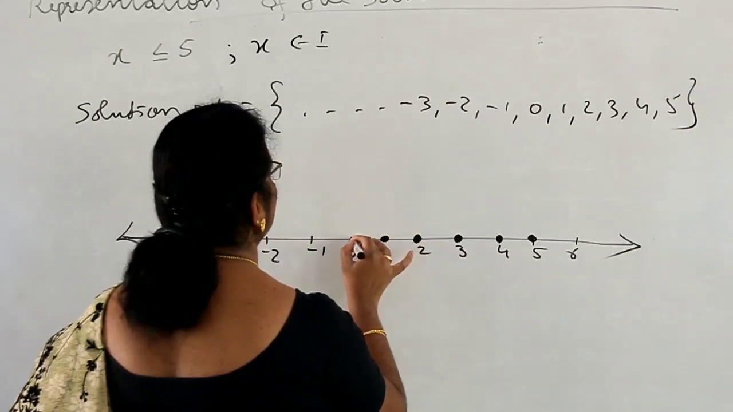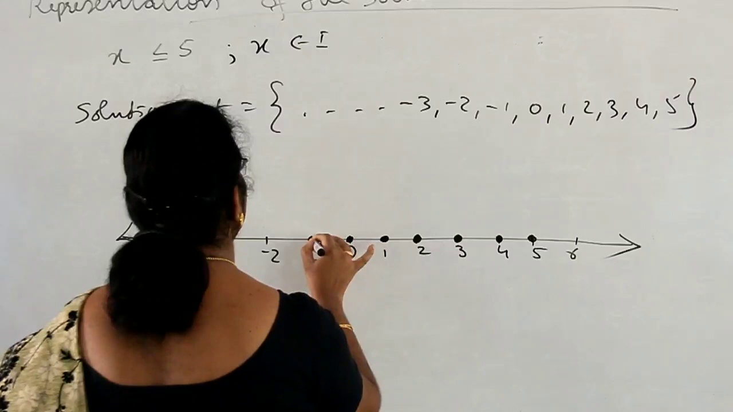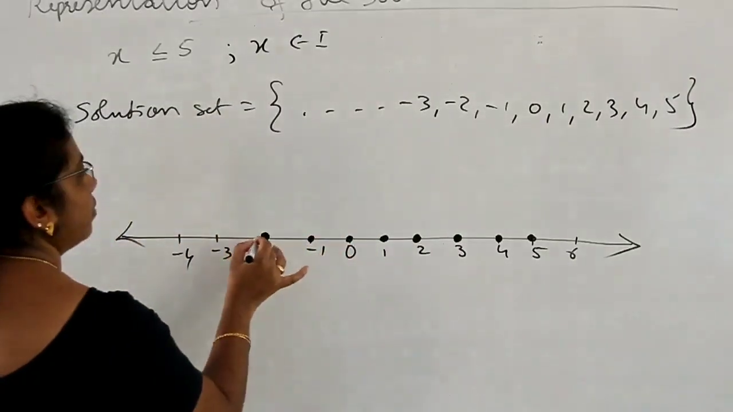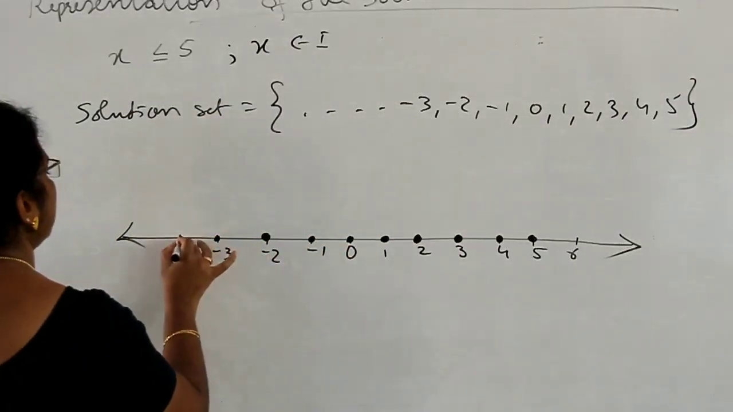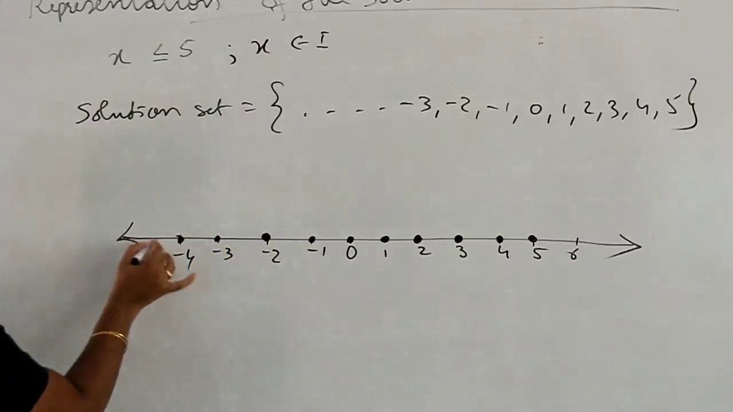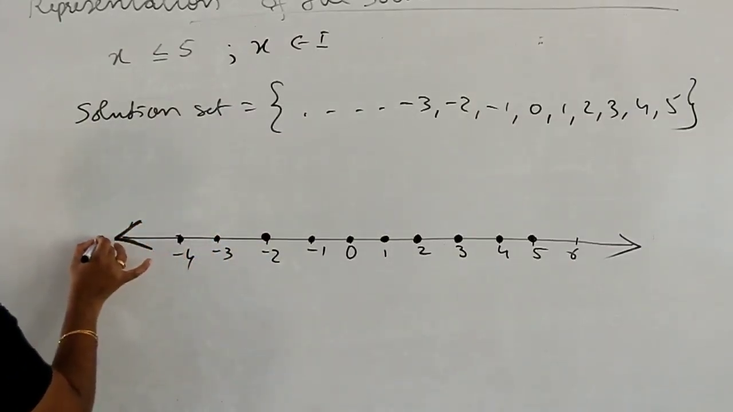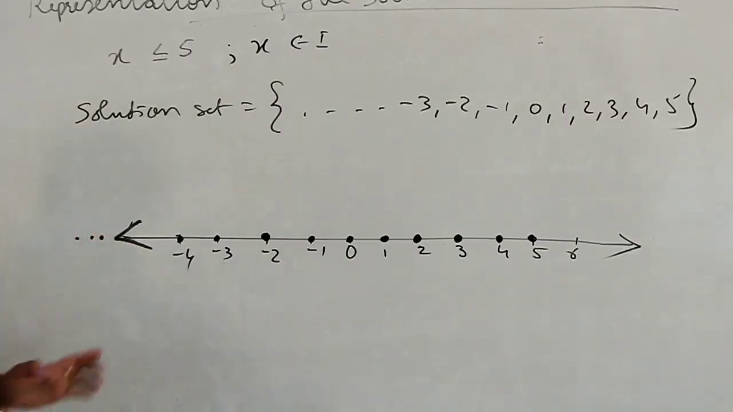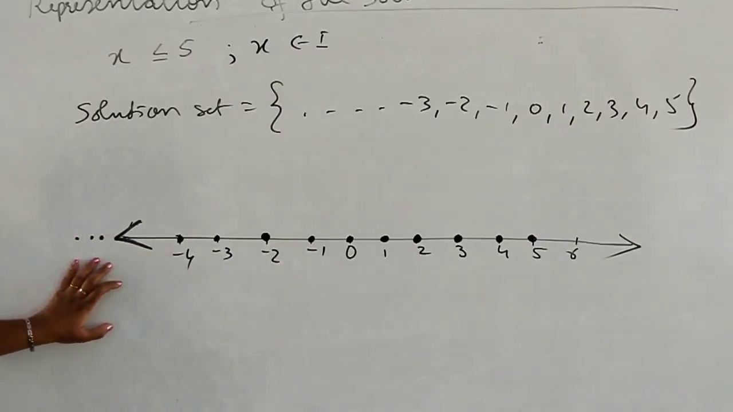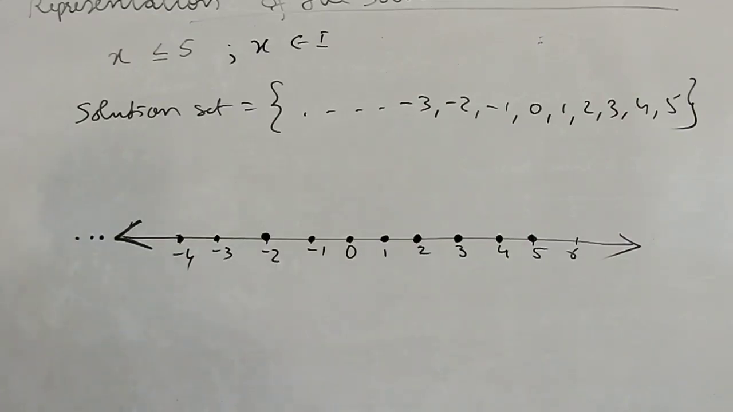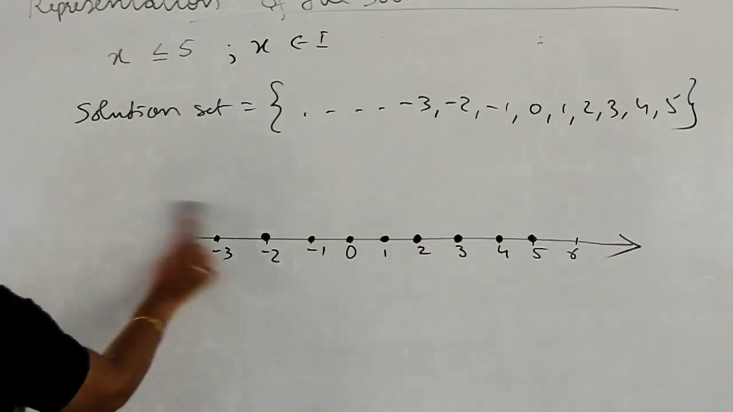Darken a circle on the number line at 5, 4, 3, etc. And this side shows this one extends to infinity. So here we have to mark 3 dots. This shows that on this side, the left side, it extends to infinity. And in another example,